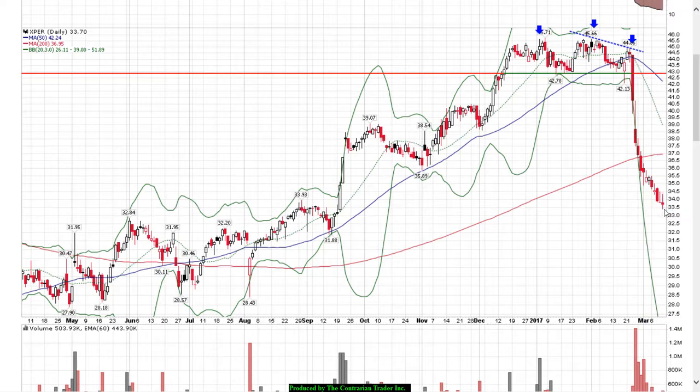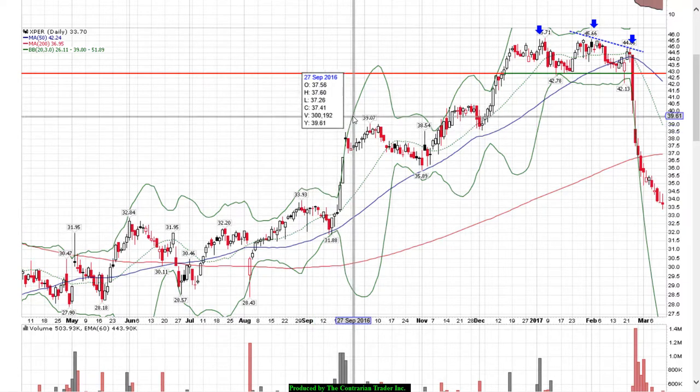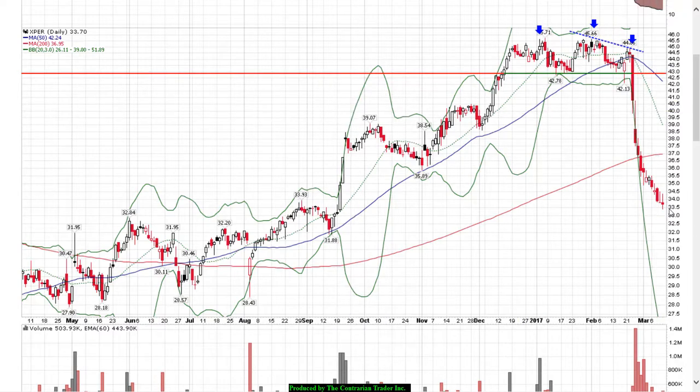What is a bullish key reversal? This is what I teach members. It's very, very critical that you know this to be profitable in any market. This is a bullish key reversal. This one instance was last seen on September the 15th. A very powerful formation. And look at the rally that was seen after that. So that's what we need to see.